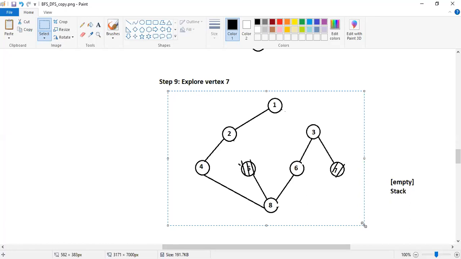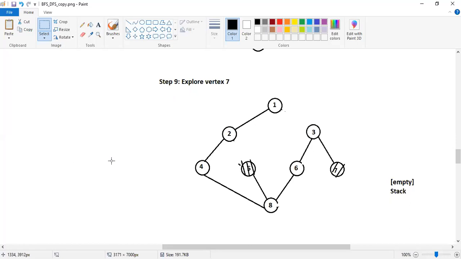Then stop that, continue with the new one. So we will reach a situation called a dead end. Dead end indicates that that particular vertex cannot be further explored because it has already been visited in some of the previous steps. So come back to the previous vertex. We will come back by popping that particular vertex from the stack.